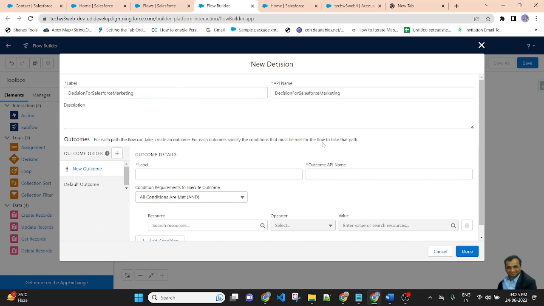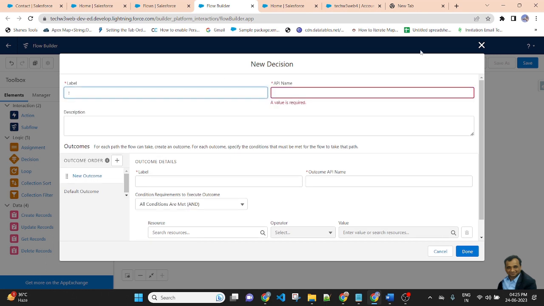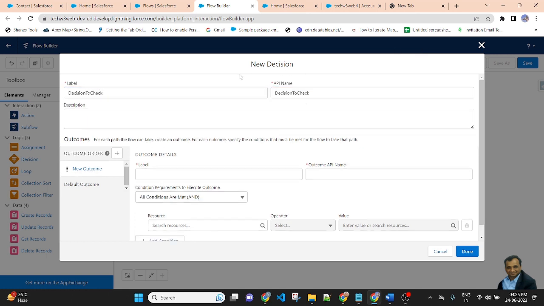Decision for Sales Marketing team. Here I can write the decision to check. There are two outcomes here. First, decision for Sales Marketing.